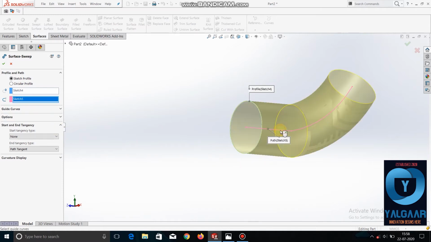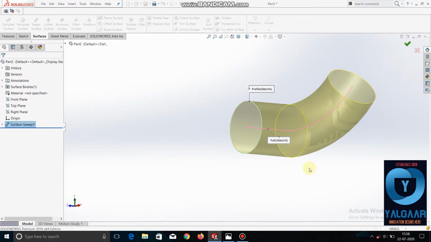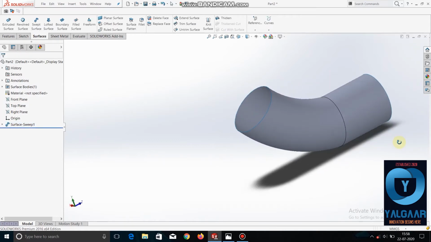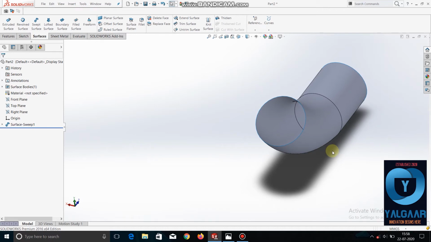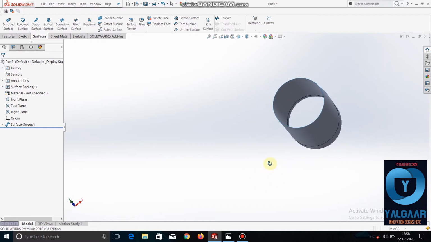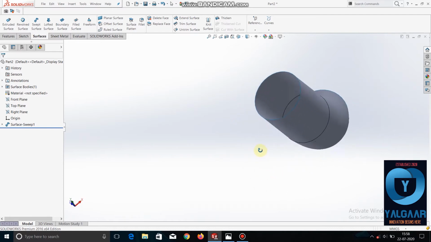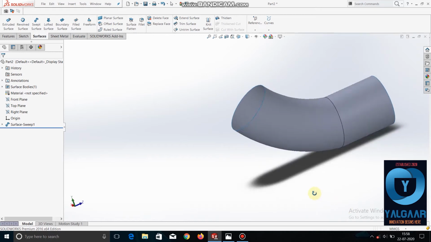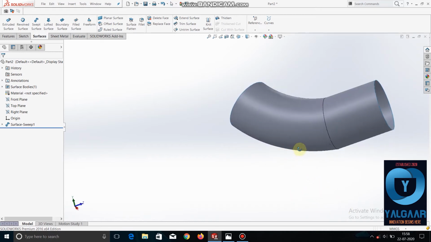See, now it has taken the guide curve. In part, if you do it, the full part will become solid, but here in surfacing you can see that the middle portion is hollow. I will show you what to do if you have to trim.